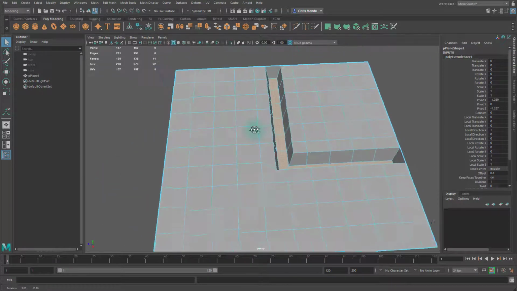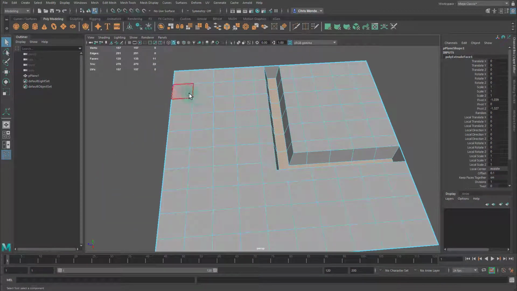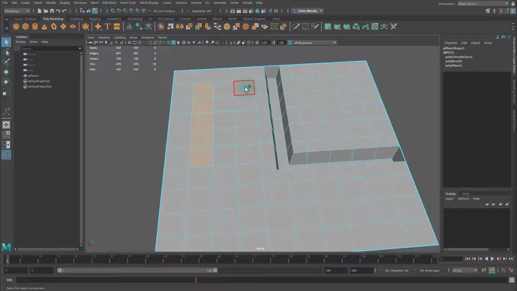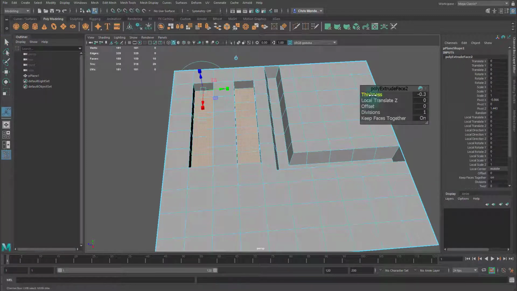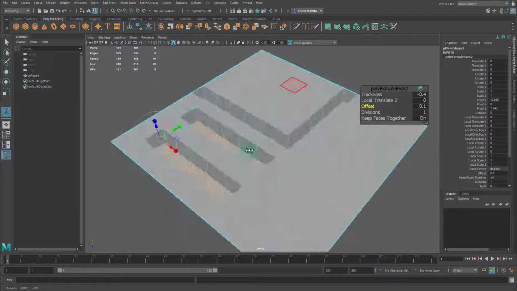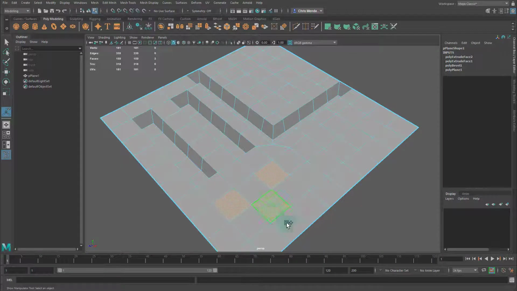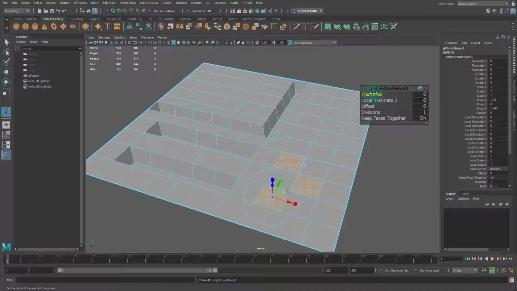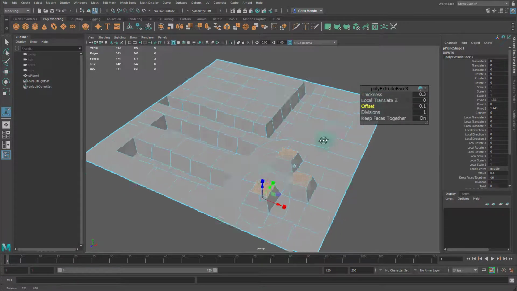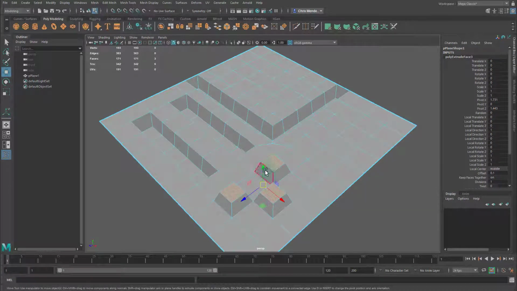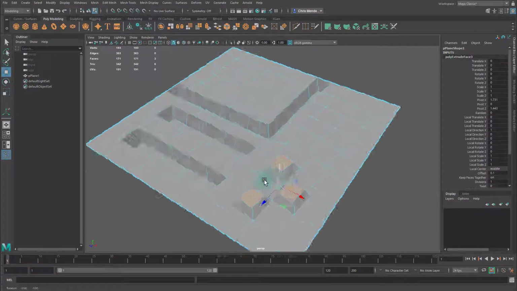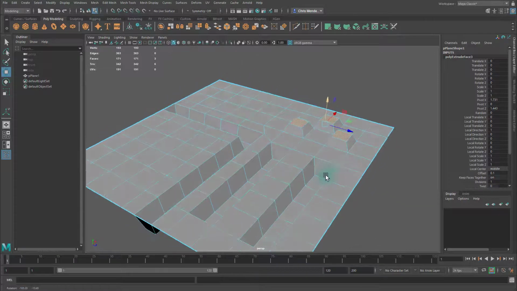So that's good. Let's go ahead and I'm going to select these and do the same thing. Thickness, pull them in and offset them like this. Let's take a few faces here, extrude them and extrude these out, offset them inward like this. So right now what we're doing is we are making a bunch of details that we will bake onto a